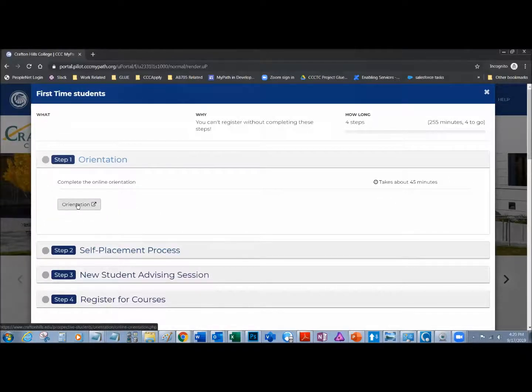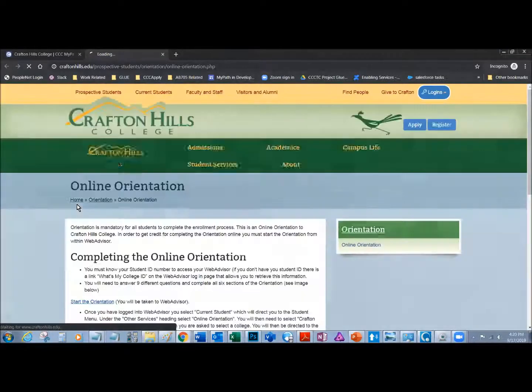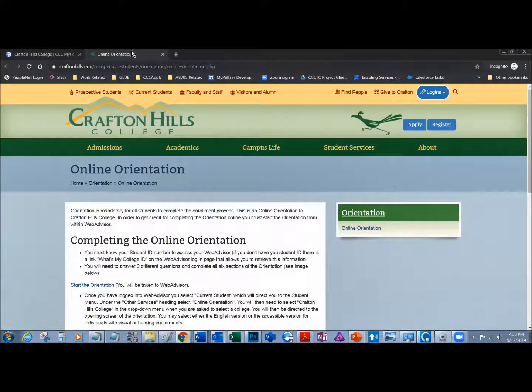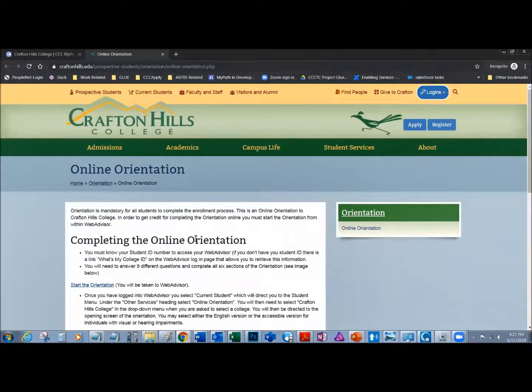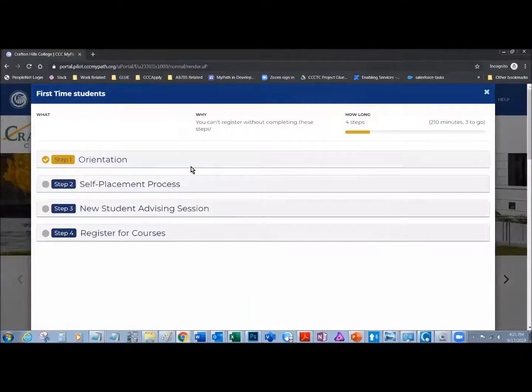If I click on the link here, it'll open up the information in a new page so I don't lose my way. Now I can go ahead and read everything I want to know about registration for orientation and then exit out of that particular tab. Now I'm taken back to the advisor card where I can click on another step, the